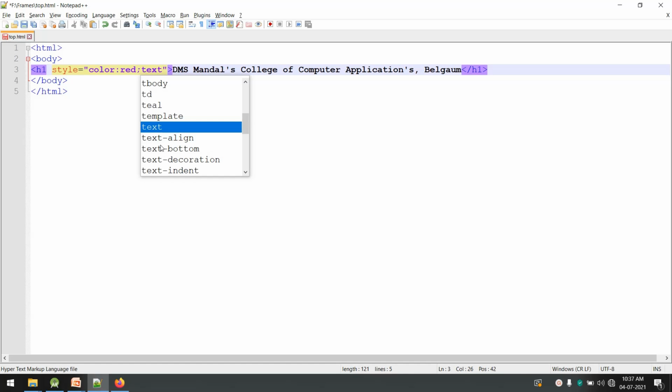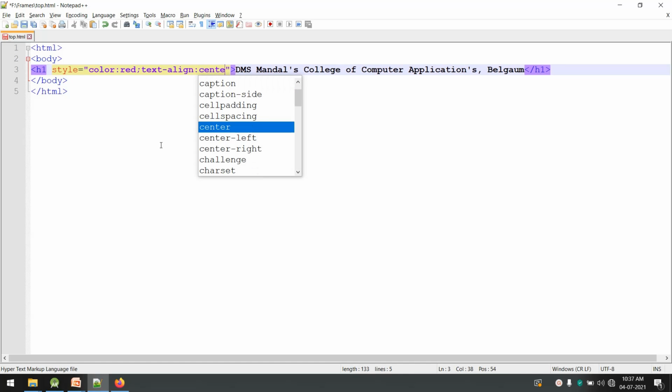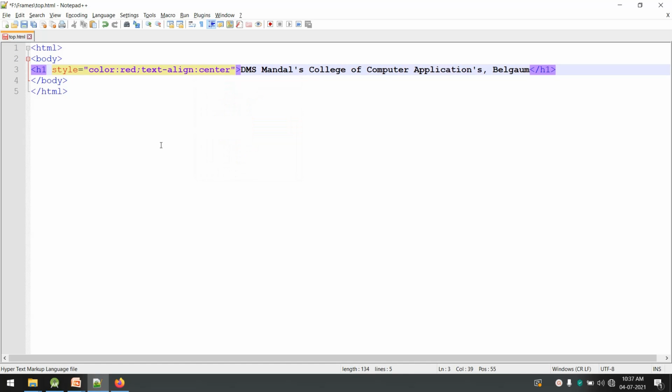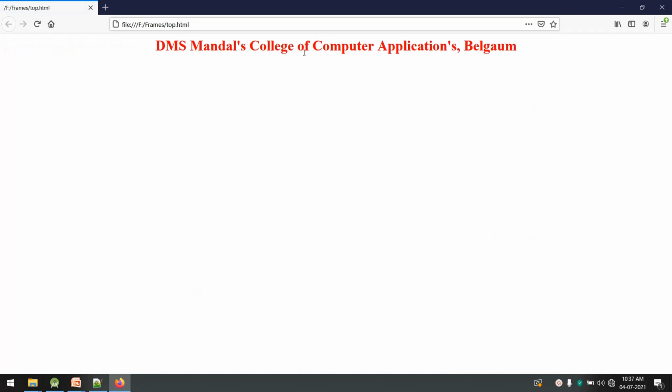So text, you can see if you are using Notepad++, it has IntelliSense, it will give you the options. In the options, you can select text-align, colon, the alignment which I want is center. So I'll say center. I'll save the file, go back and refresh. Now you can see the alignment is center.